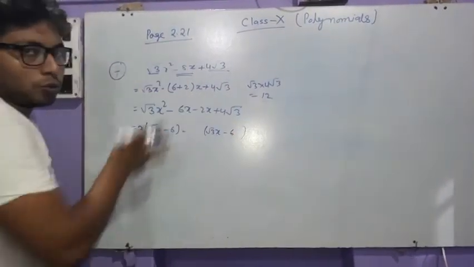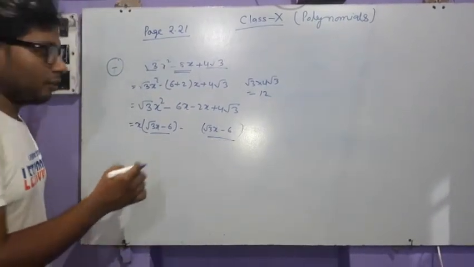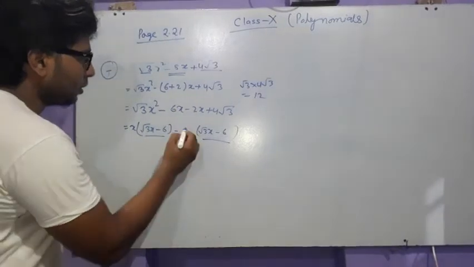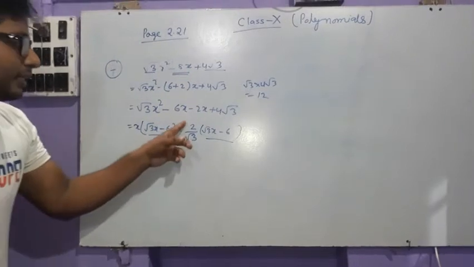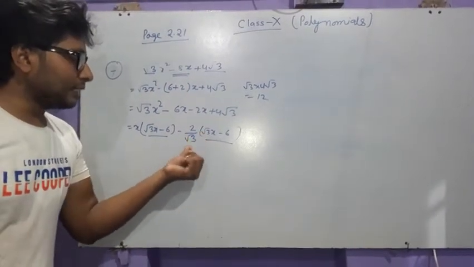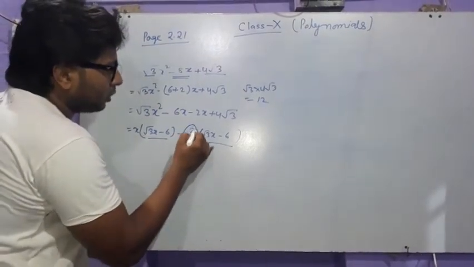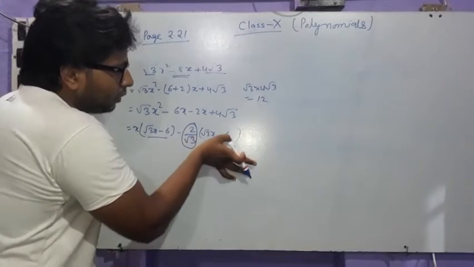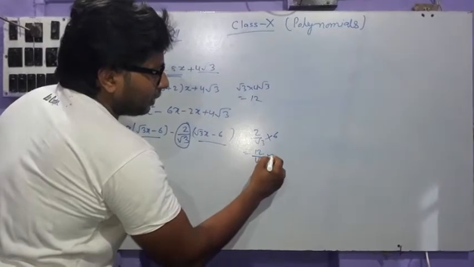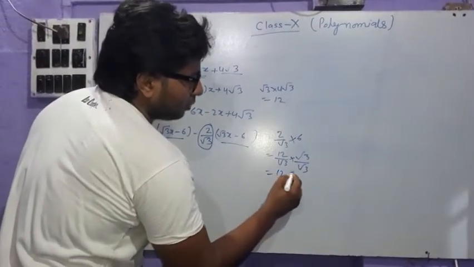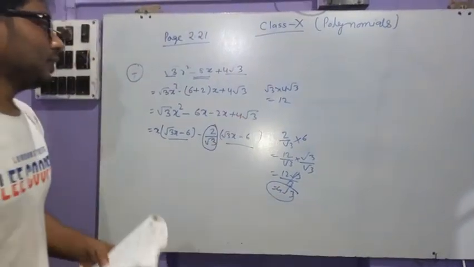but here is 2 and here is root 3, we have already taken the common, so this term and this term should be same. You also know that, so here we can take 2 by root 3 common. Okay, so when we take 2 by root 3 common, root 3 cancels out, 2 is equal to x. And how, when we take 2 by root 3 as common, so when we multiply 2 by root 3 into 6, so 2 by root 3 into 6 is 12 by root 3, and multiplying by root 3 into root 3, so 12 root 3, so it is 4 root 3. So you can see that here we can verify it.